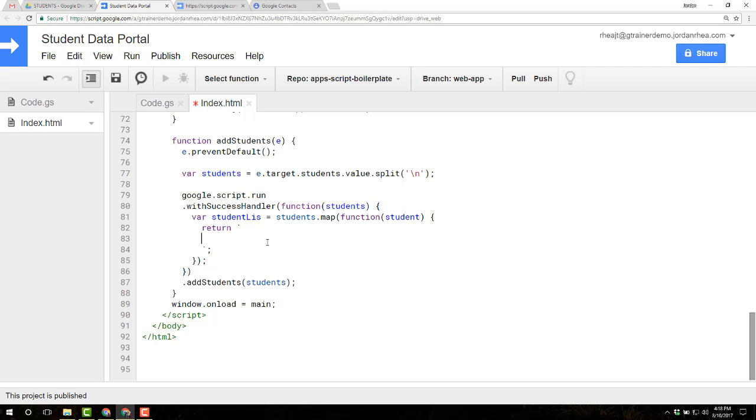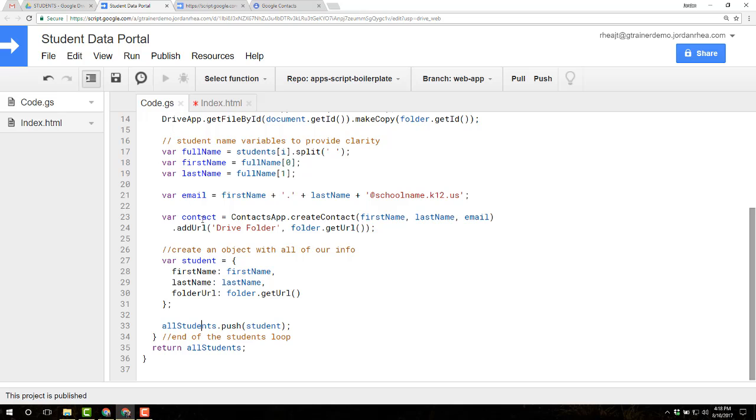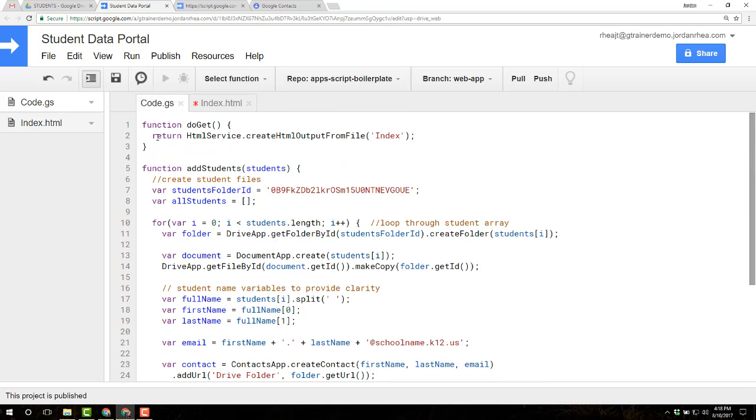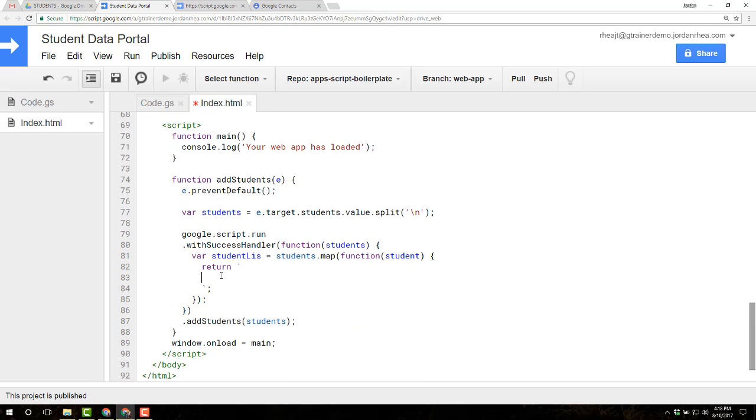It's an ES6 standard, which is only going to work in this front end portion of your code. You can't use this stuff in code.js, because that is Google Scripts, and here you can use those things as long as your browser is up to date. So in here, I'm actually going to type li,